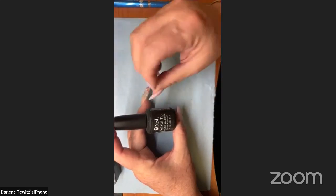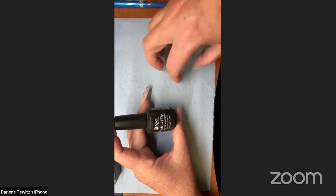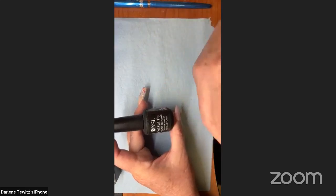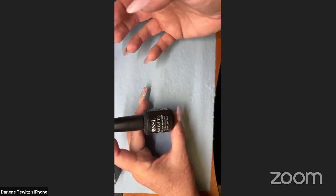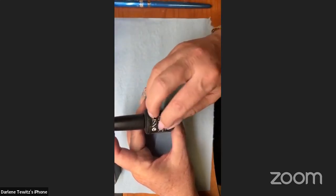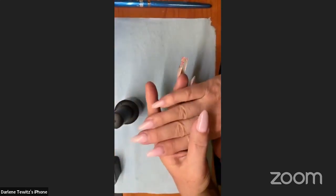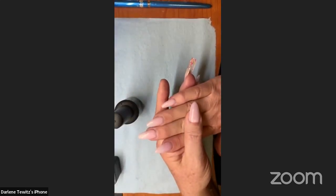Okay. But what's happening nowadays is that people want a quick service. They want an in and out. They don't want to sit for 2 hours or 3 hours to do a longer nail with a different shape to it, other than just a short square. Okay, they don't want to wait that long for it. So I love the soft gel tips because you can adhere them, you can put them on, and they are, I'll show you that hand instead, they are ready to go. So now I just have to polish them or put art on them if that's what I want,